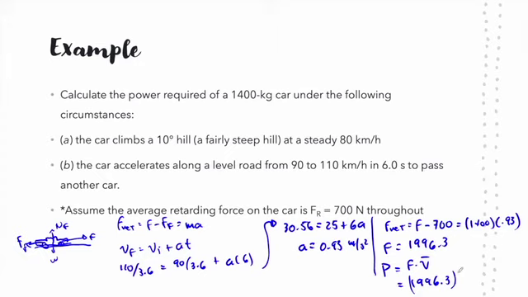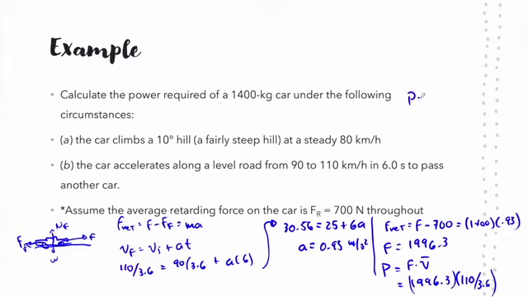And the maximum amount of power necessary to pass comes with our maximum velocity, which is 110 kilometers per hour, divided by 3.6,